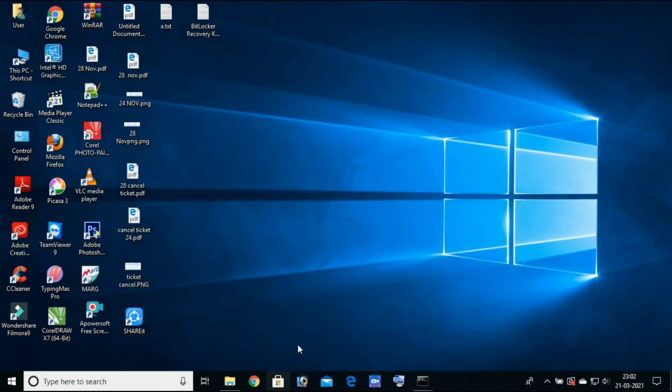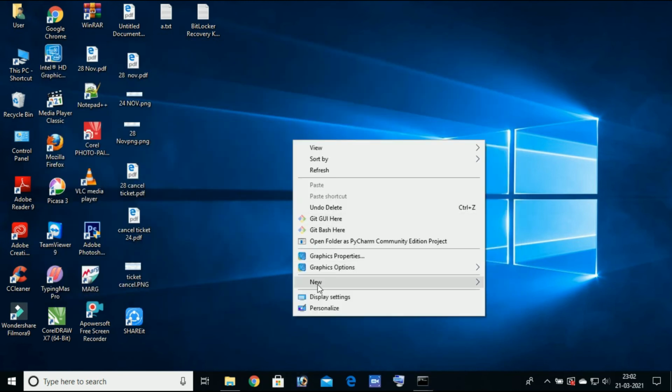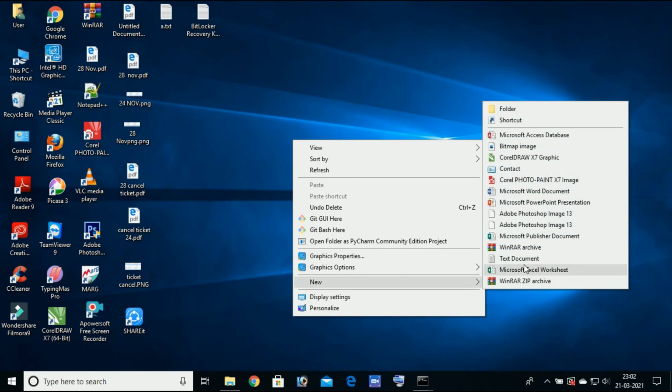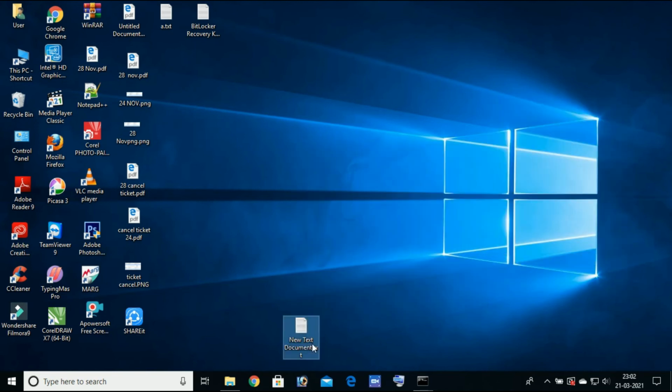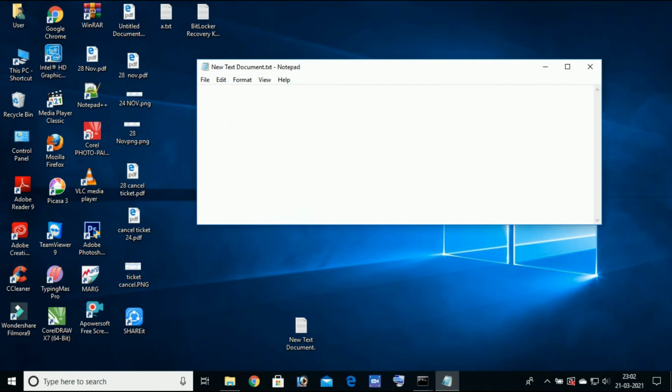So we make a new txt file, open this file and here we type manage-bde -lock K and colon.